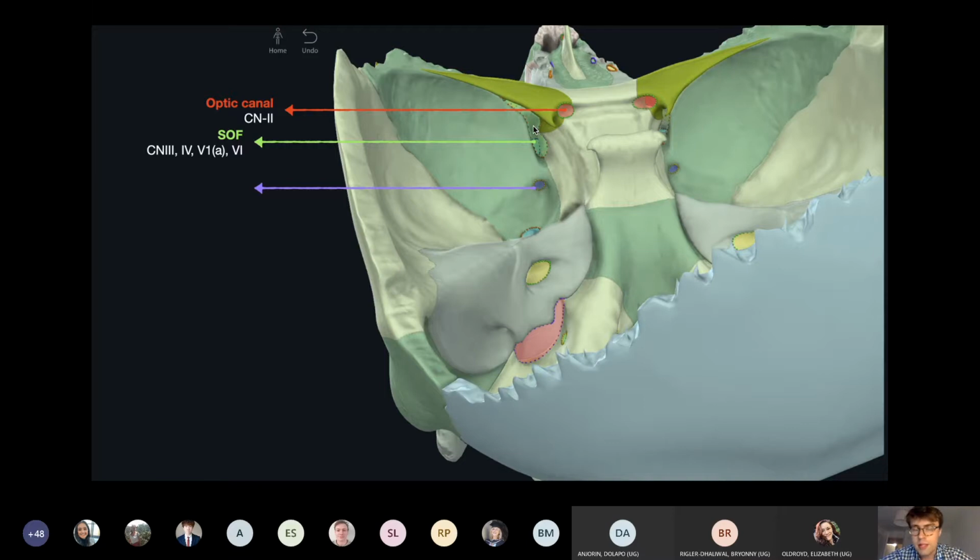Yeah, so you need to know the superior orbital fissure. You just need to know these structures: 3, 4, 6, and V1. It's also called V-A. It's the ophthalmic nerve, or the ophthalmic branch of the trigeminal nerve. Now, 3, 4, and 6 are your cranial nerves involved in extraocular movement, and I believe you're having a lecture on cranial nerves soon, so I won't go into more detail on that, but it's into the superior orbital fissure,